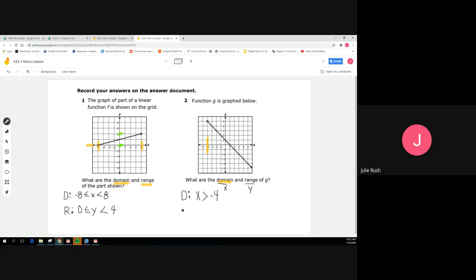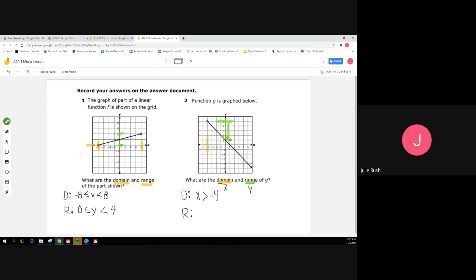And then for our range, we're going to be looking at the y-axis to see what pattern of behavior our y numbers are doing. And so the same thing happens again. I'm going to start looking at my range. And remember, we started at the bottom on this one. So I'm going to do the same thing here. And notice that I have an arrow on this side, which means I know that that's all real numbers, right? And so if I look up here on my y at 5,